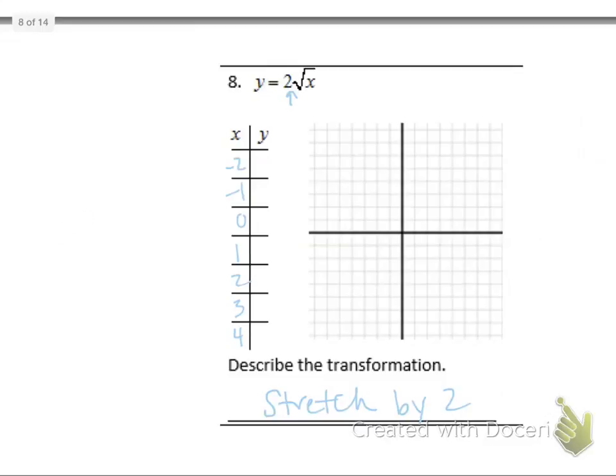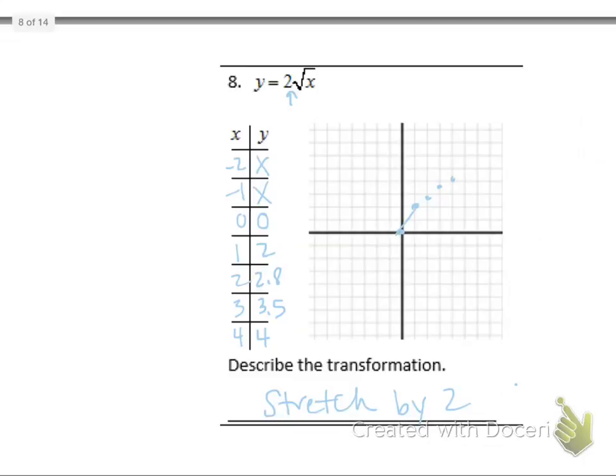Okay, so then I press second and table. If I start, -2 and -1 both have errors. 0 is 0, 1 is 2, I got 2.8, 3.4, 3.5, and 4, 4. So I start at 0, 0. I go right 1 up 2, so you can see that that point got farther away. I go right 2 up to 2.8, so pretty close to 3, right 3 past 3, and then right 4